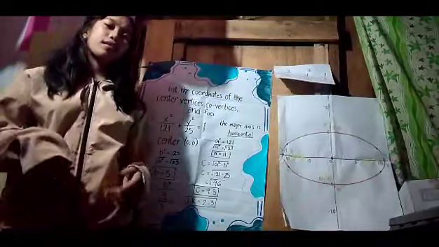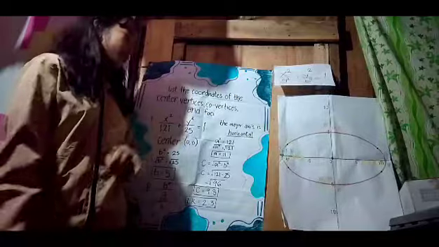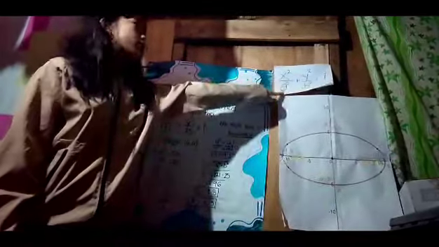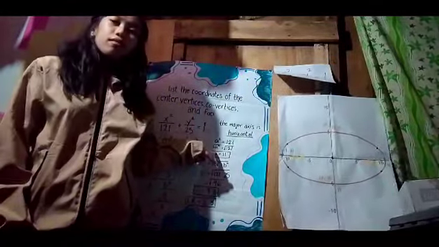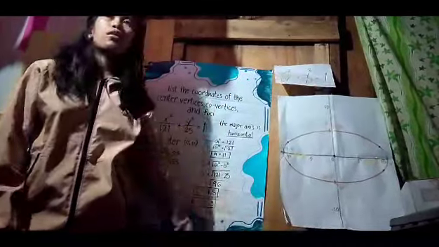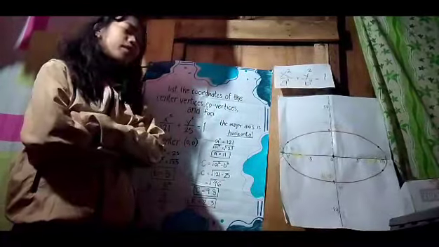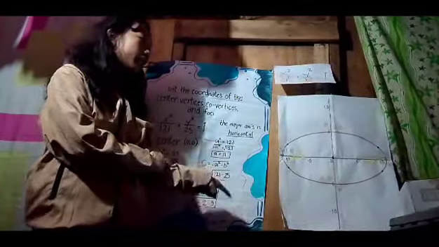Now, for the center, we can safely say that the center is at origin because there is no h and k. Now, for the vertices, we have to solve for a. a squared equals 121. We can't really have an exponent on our final answer, that's why we take the square root of both sides. The square root of 121 is 11, that's why a equals 11.